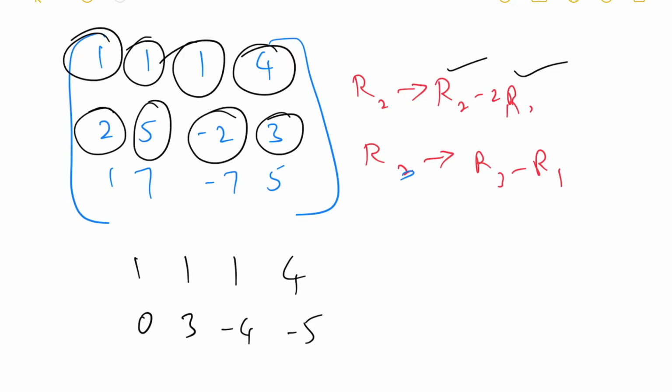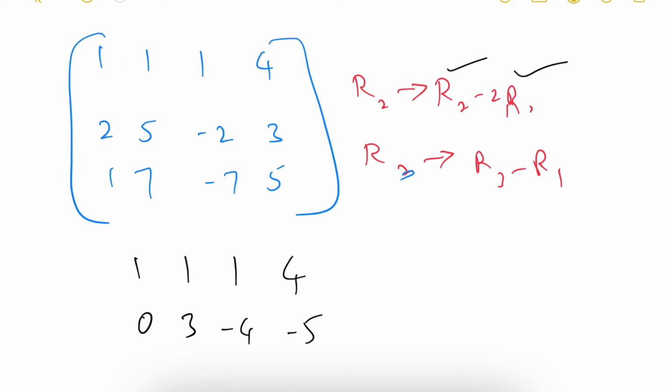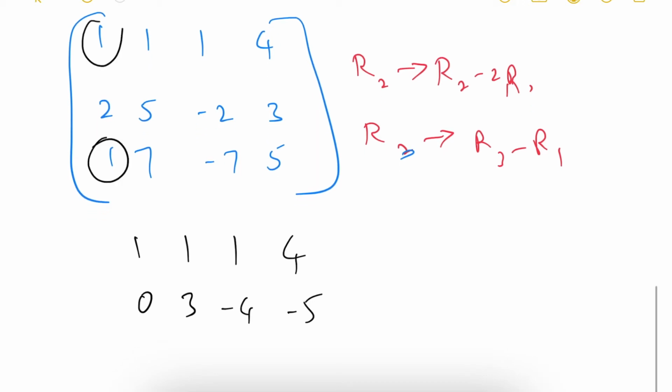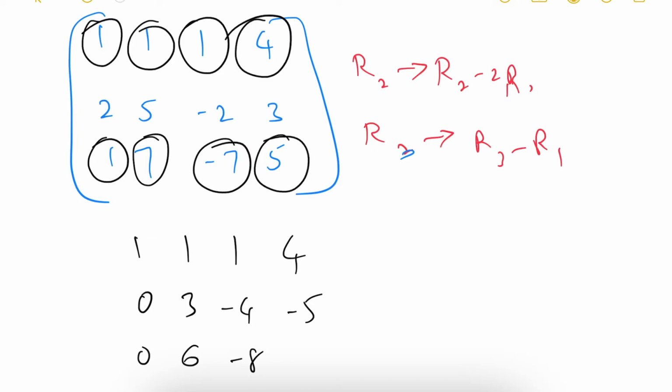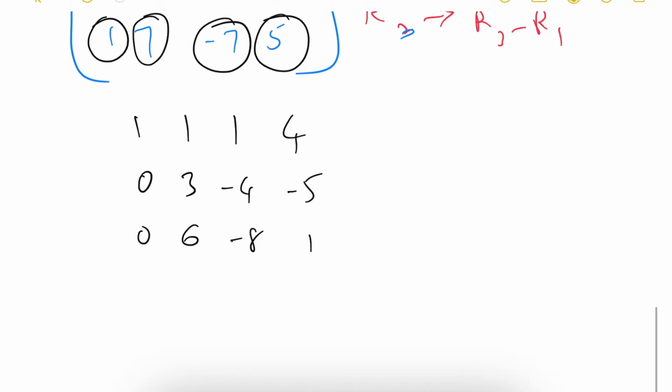Okay, next row 3, what we are doing, in the row 3 we are doing it as row 3 minus row 1, so 1 minus 1 is 0, 7 minus 1 is 6, minus 7 minus 1 is minus 8, 5 minus 4, it will be 1. Okay, next what I will do, sorry,